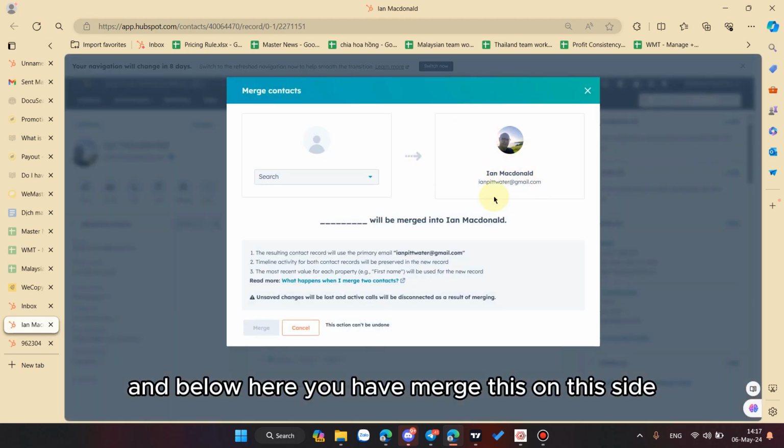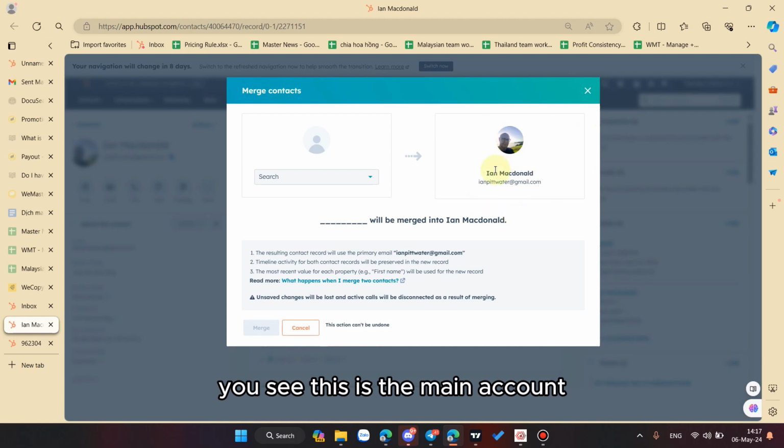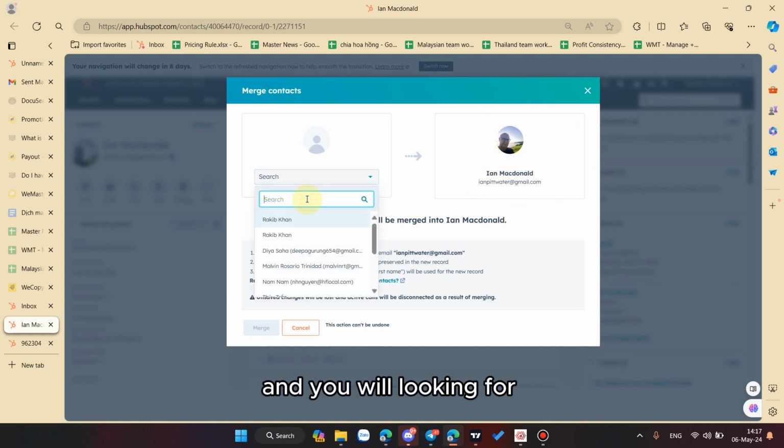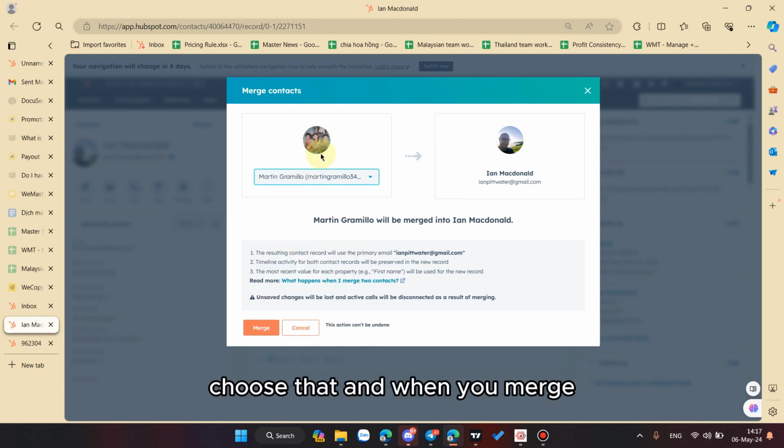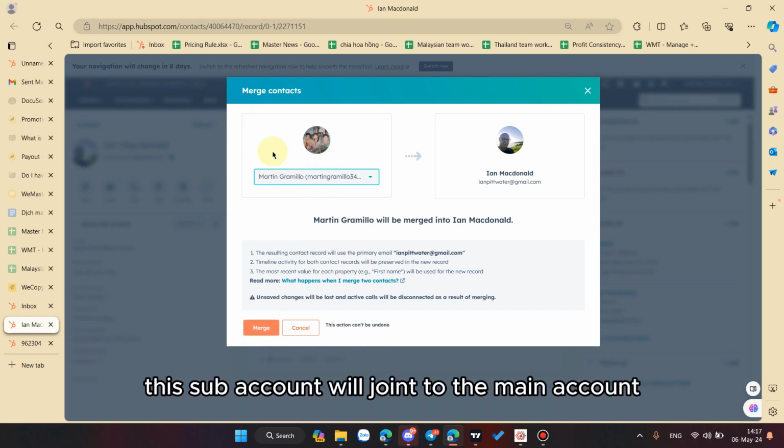On this side you see this is the main account, and you will look for the sub account. Okay, choose that, and when you merge, this sub account will join the main account.